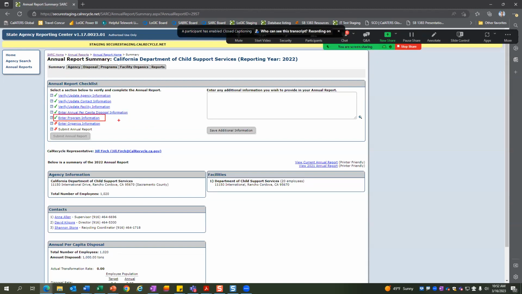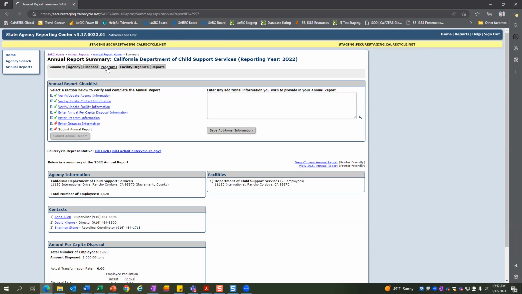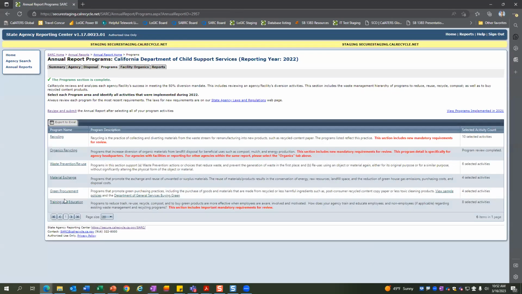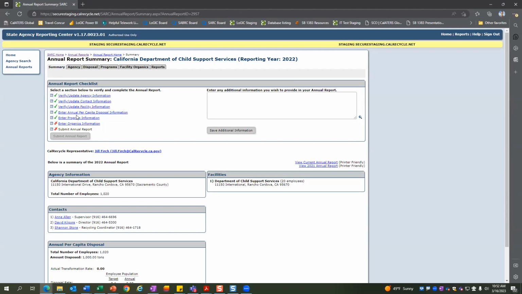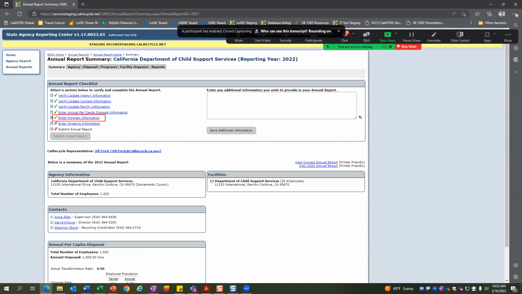I'm not really sure what's going on, and I probably need your help to identify what is going on here. But there does appear to be a slight bug in here, and I don't know if it's because I'm going out of order. So if you look at your summary section, even if after, like I did, you went to each one of them, you still have a red check mark here.